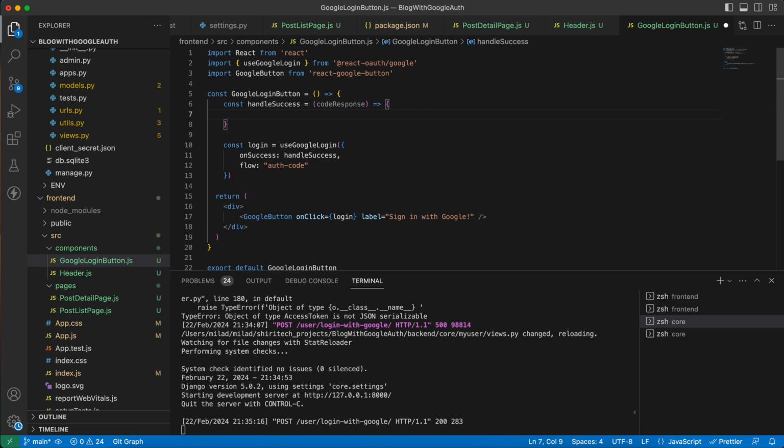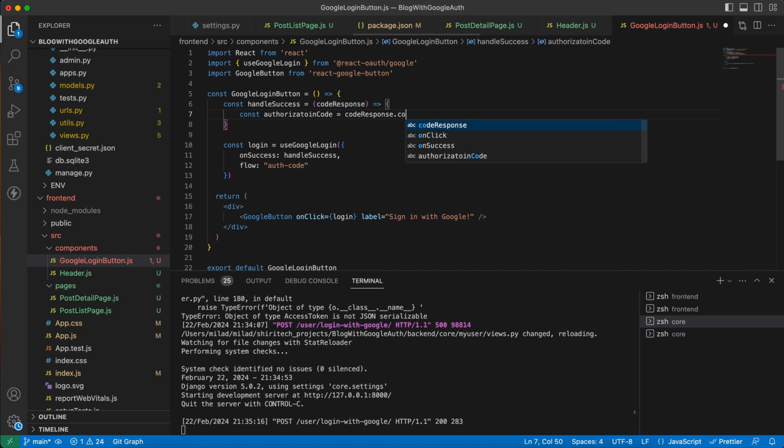So here let me grab the code and put it in authorizationCode, response.code,